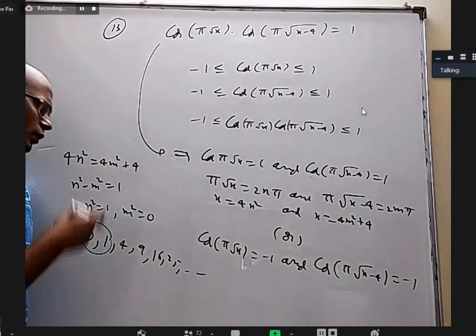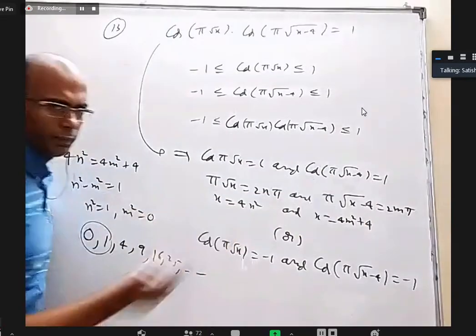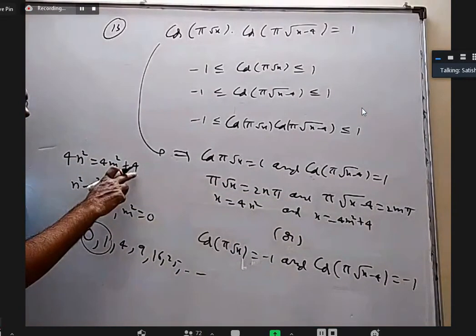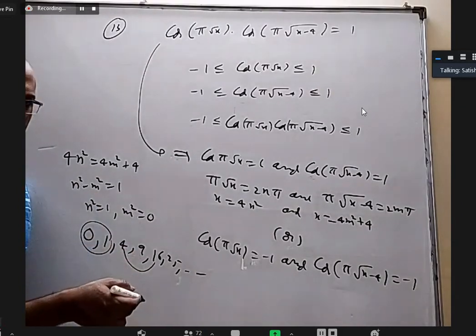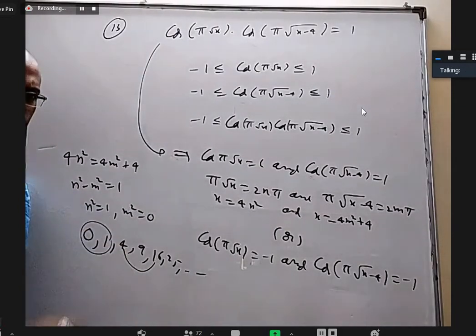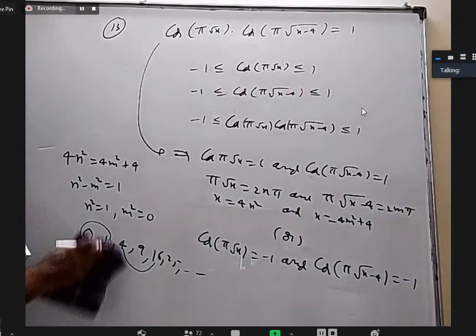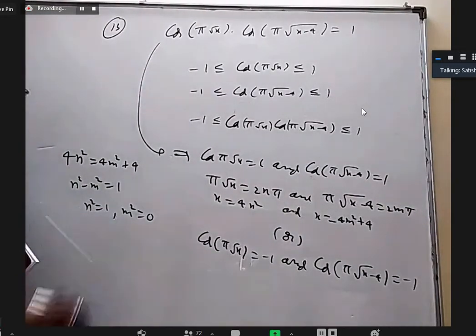If they would have given, let us say, 48 there, then I would have got 12 here. And for 12, I think it is only 16 minus 4. That is the only way to get a difference of two perfect squares. Even if not, I can tell this very easily like this.